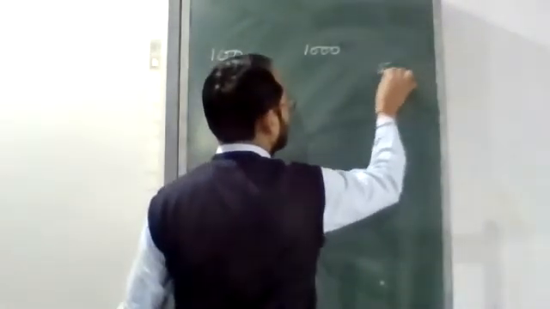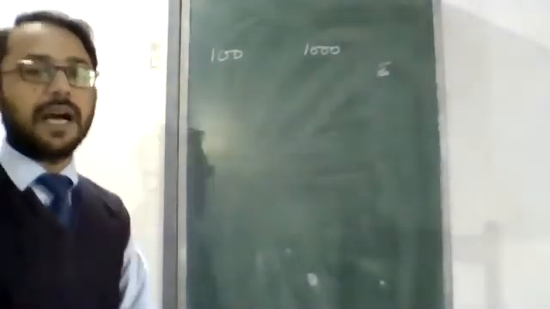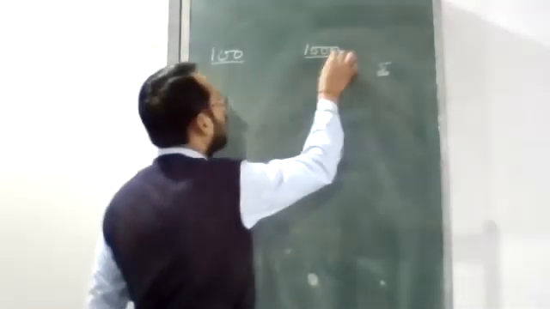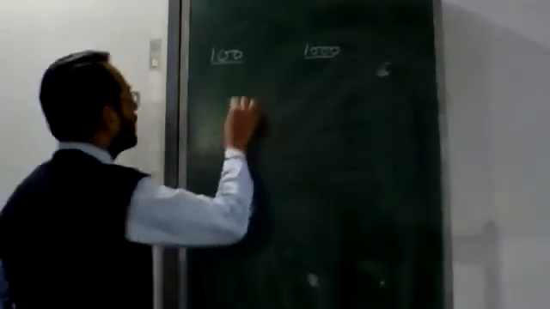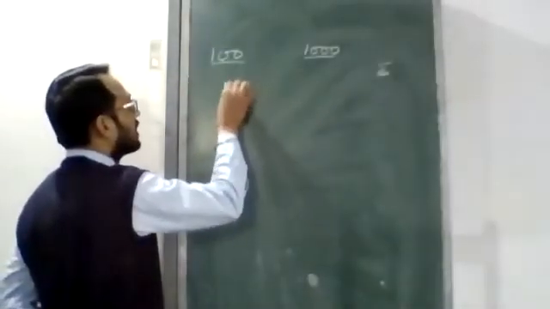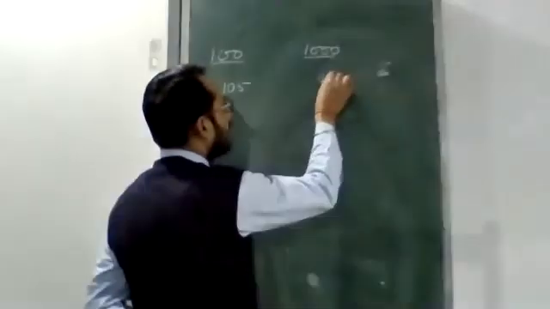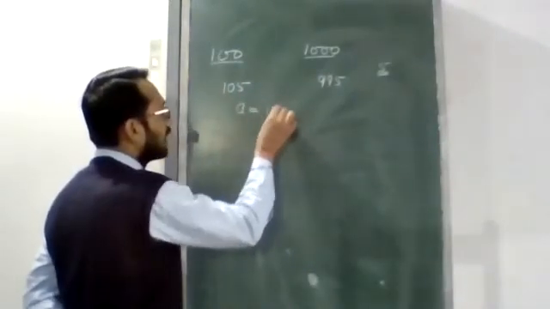All these numbers are multiples of 5. One thing we need to keep in mind: these numbers are multiples of 5 and lying between means we cannot take 100 or 1000. So 105 will be the first number and the last number will be 995. So that indicates A is equal to 105.